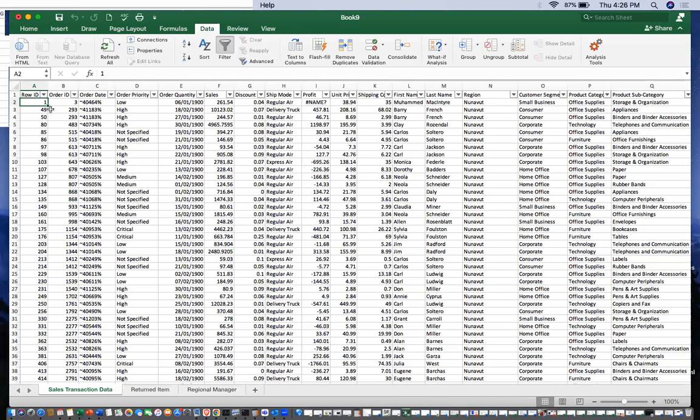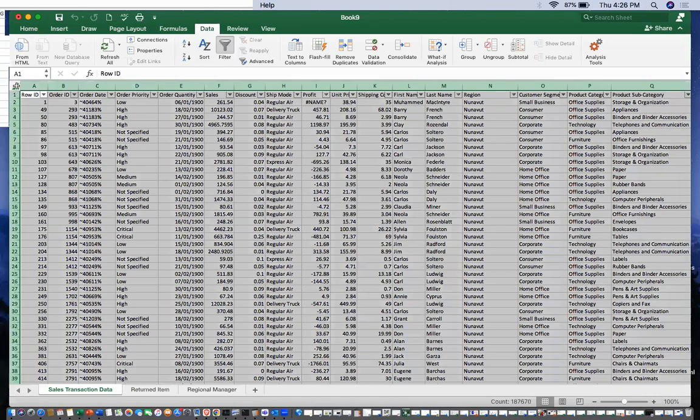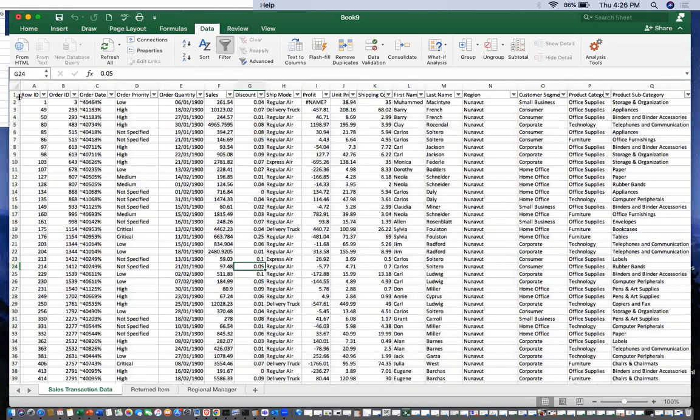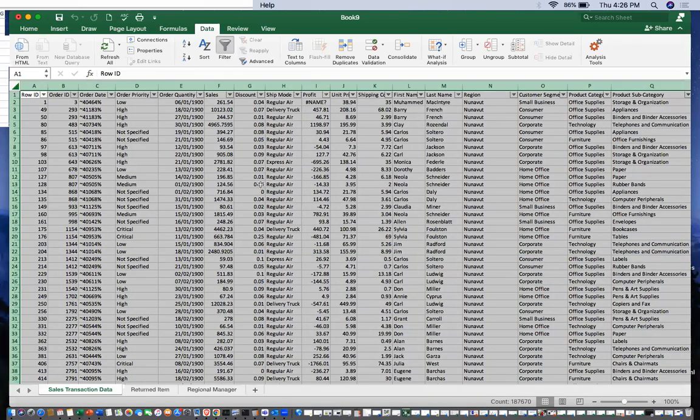Okay, and then the next one said, how many variables are in each data set? So now this first sales transaction, highlighting everything, I can see that it is